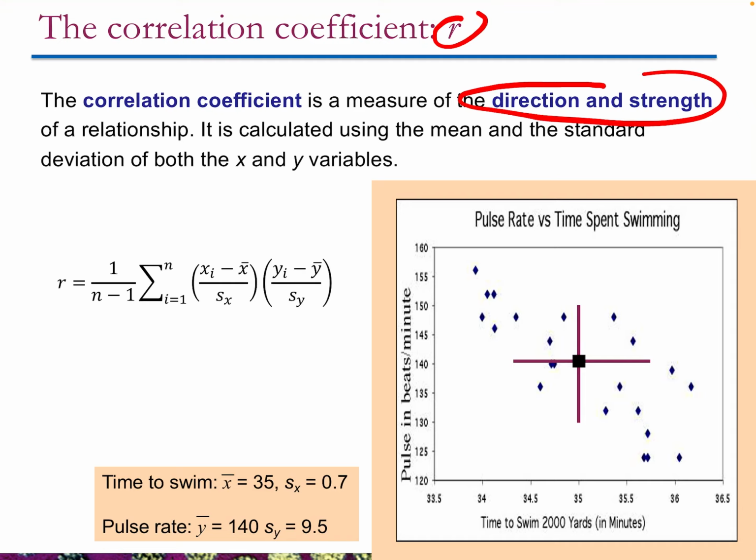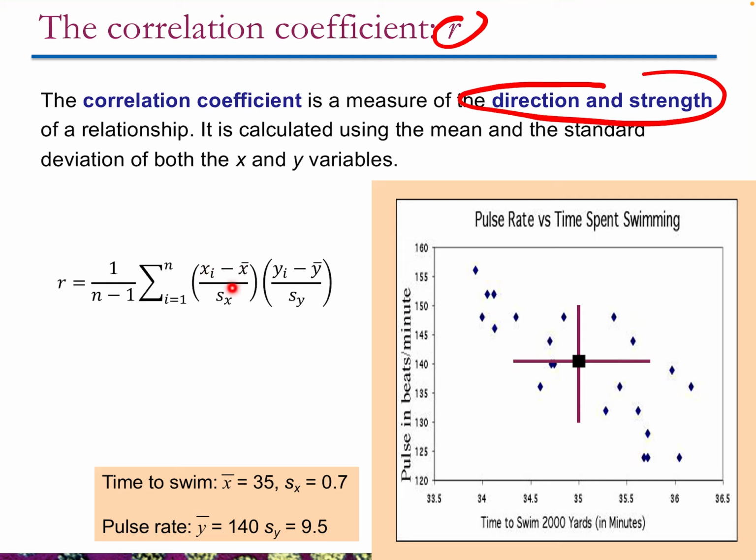Okay, so here we have our data for pulse rate versus time spent swimming. So again, we see a fairly strong negative relationship. It's linear, okay? We're going to quantify that. This is our relationship for doing so. Now remember, statistical notation, as you see here, often looks somewhat confusing and very complicated, but it's really not. We saw an example of that when we calculated standard deviation in the previous chapter. All we're going to do here is calculate